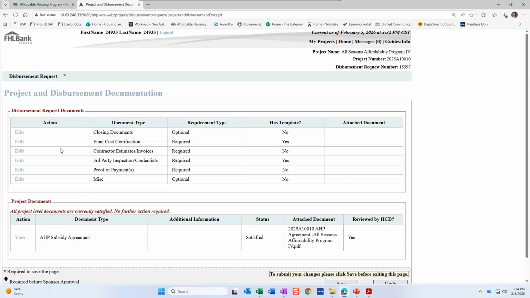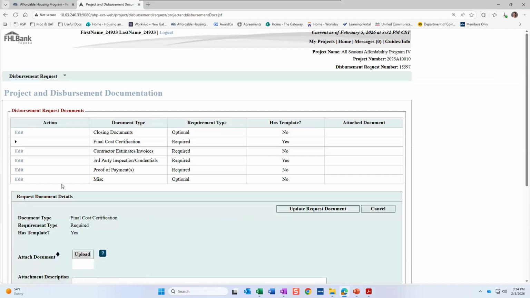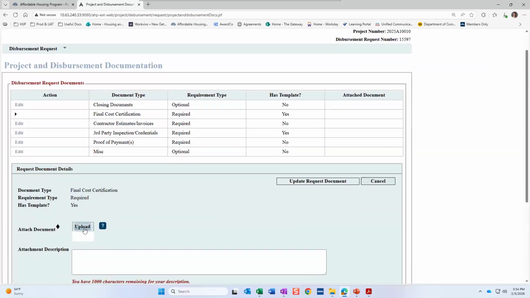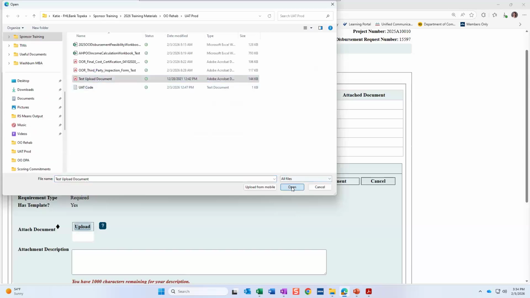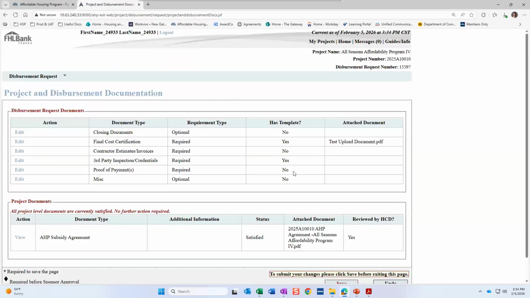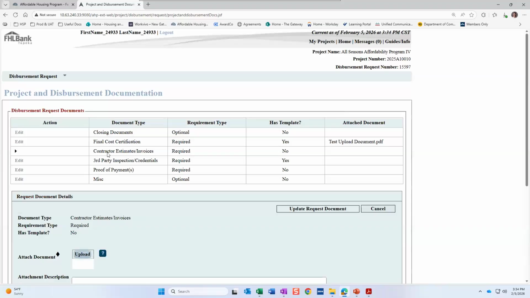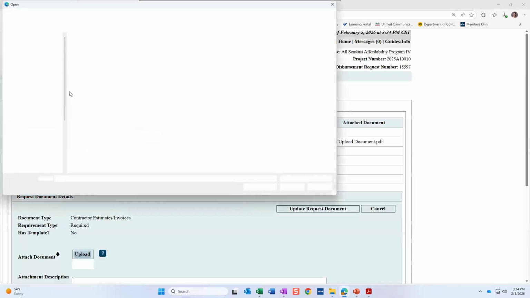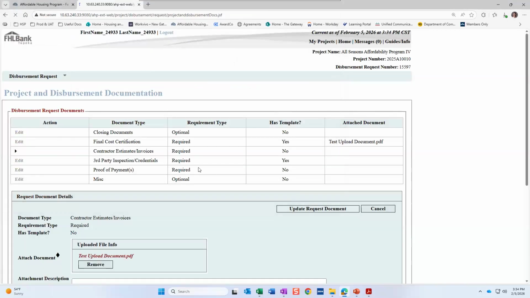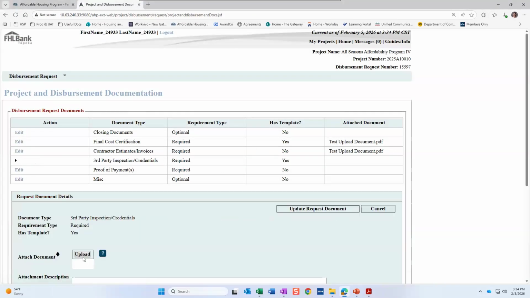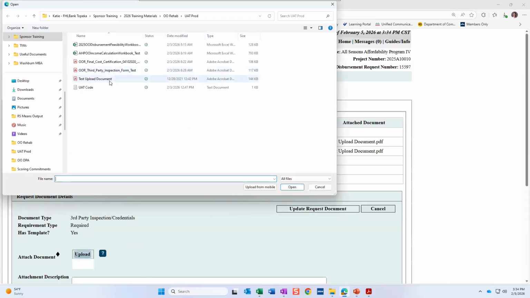So in order to upload documents, you just have to click Edit. There's an upload box. Grab your document. Click Update Request Document, and if it successfully uploads, you'll see the name of the document show up to the right. So I'm going to just go ahead and fill these in for the sake of getting these uploaded so that we can get through this screen. But of course, again, you will just have a closing disclosure box, a real estate retention agreement box, and a miscellaneous box.